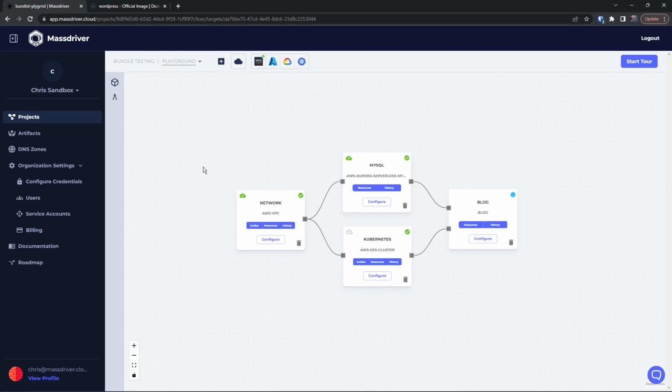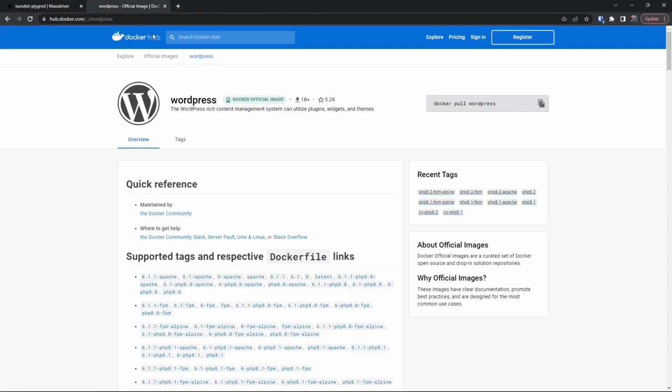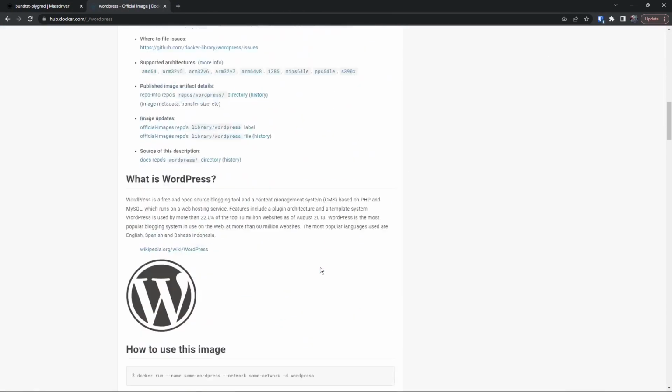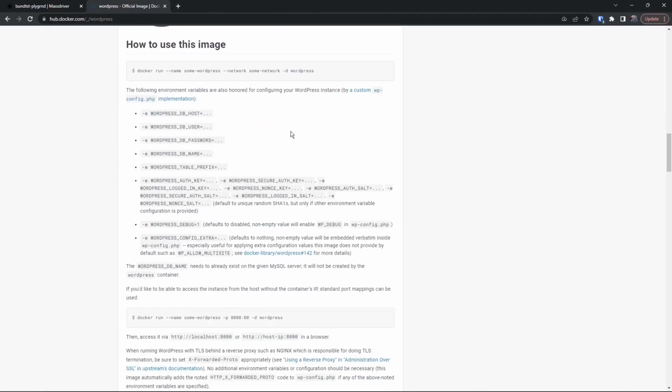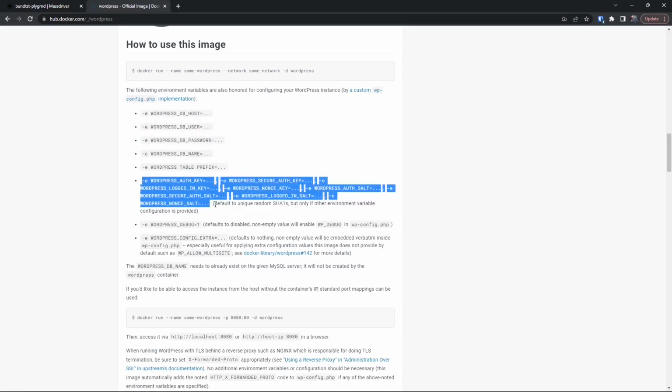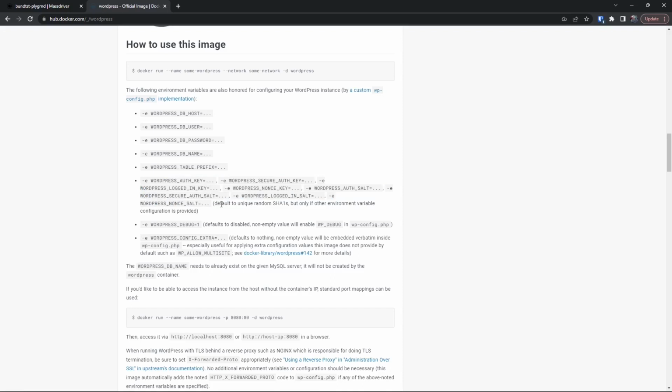Since our application is a WordPress blog site, we're going to be using the official WordPress Docker image. If you take a look at the documentation, you'll see that there's a list of environment variables. Most of the environment variables are around the database configuration, though there are some of them around auth. We'll deal with these auth ones in the next video where we look at secrets management. For now, just copy these database environment variables and then head to the massdriver.yaml for our blog application to set